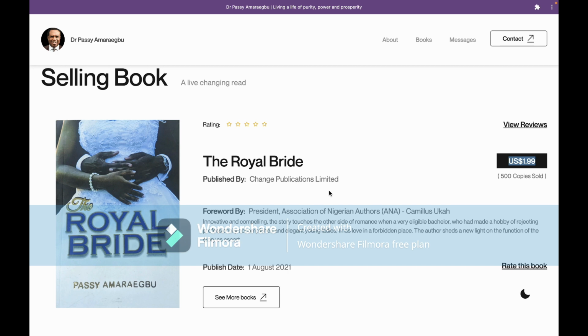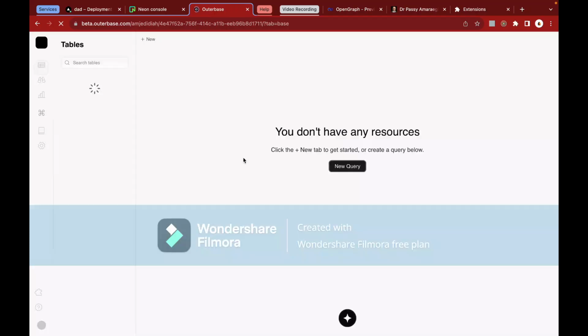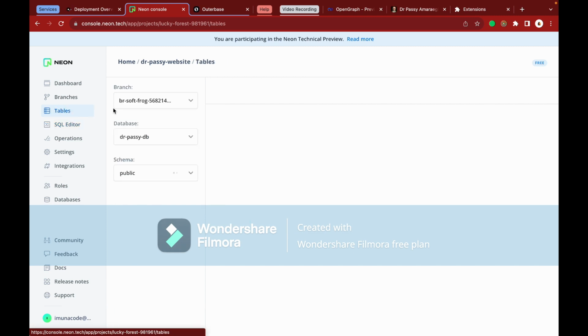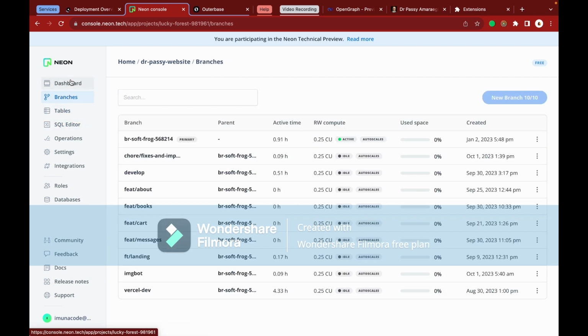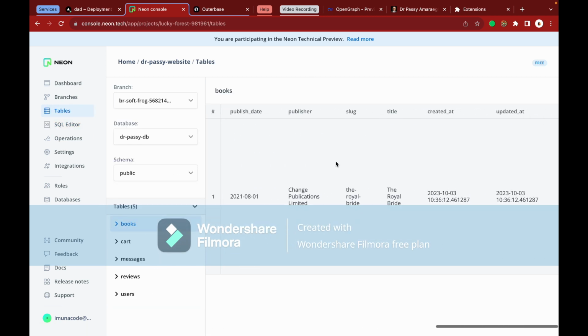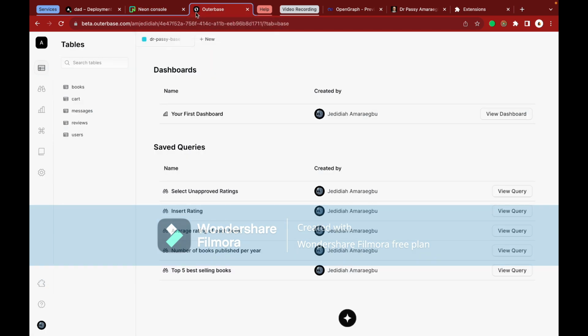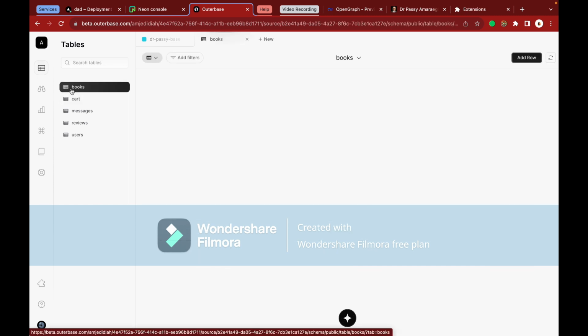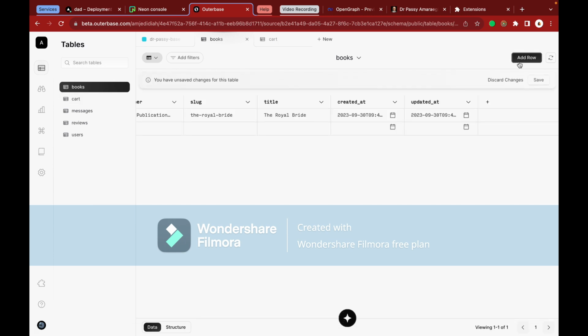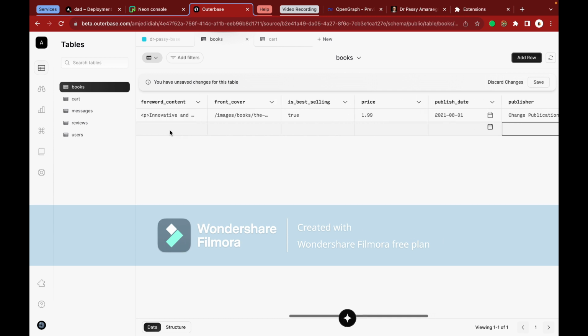Okay, final note, how I used Outerbase in all of this. Initially, I had a database hosted with Vercel, database in Neon, and I can't see my tables here, or I can see them, but I can't really interact with them in Neon, and I needed a way to do that, and I kept looking for that. I tweeted about it a couple of times until a friend told me about Outerbase, and it's beautiful. They allow you to visualize your table, and then you could also interact with it, like add stuff here.